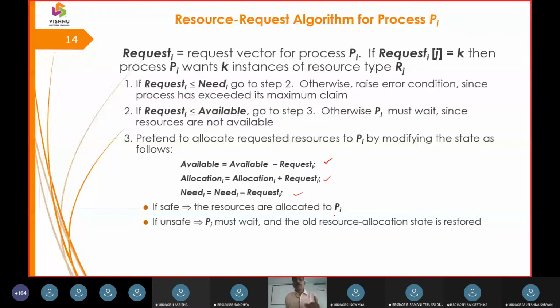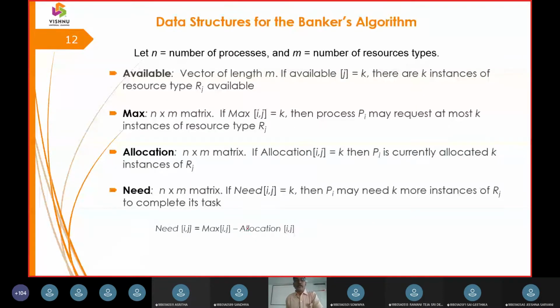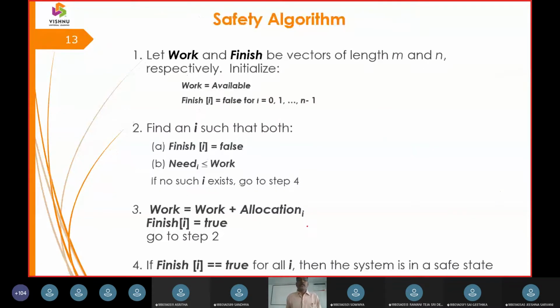So now in today's class we will be continuing with how to iterate the 3 steps. In our last class we saw how the need vector is computed, that is need is equal to maximum minus allocation. Then we took up the second step: while need is less than or equal to work, we iterated the second and third steps 4 or 5 times. If this condition is true, then work is equal to work plus allocation. And finally we stopped the algorithm as it reached the safe state, that is when a boolean variable shows true.